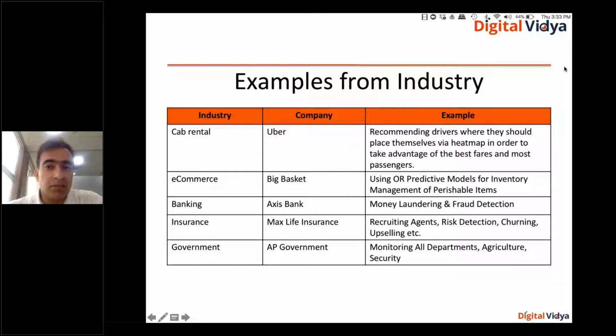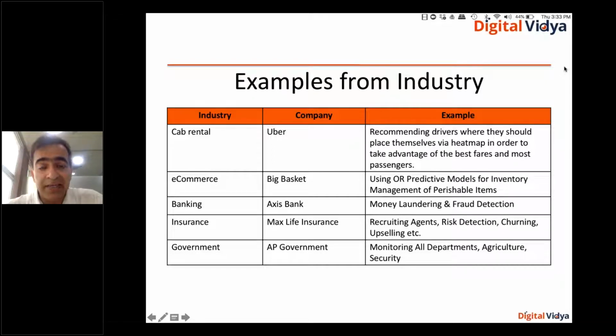Churning is a major problem as far as agents are concerned. Even in the telecom sector, after Jio came into the market, controlling the churn rate is a huge problem. How do you identify those customers who have the potential to churn and create the right kind of marketing communication for them is a big problem in the telecom sector.